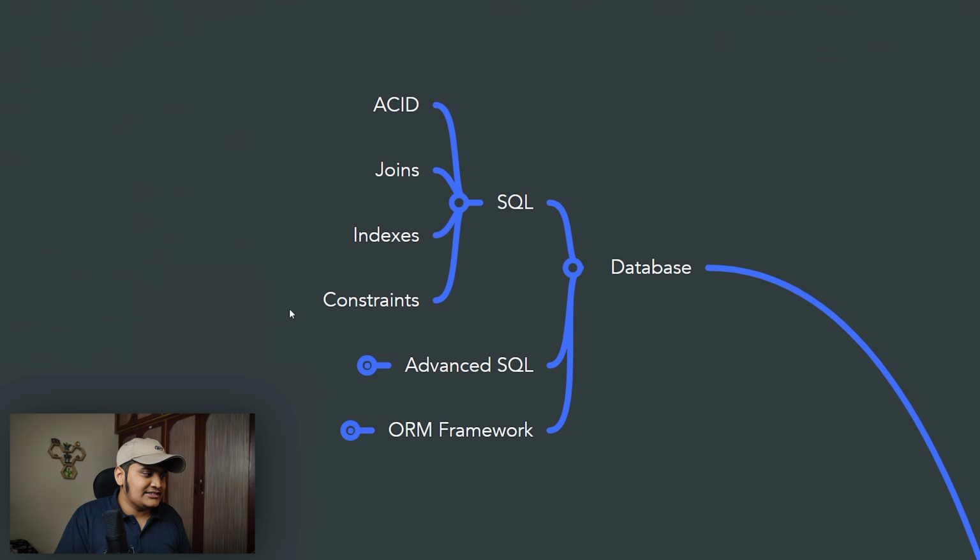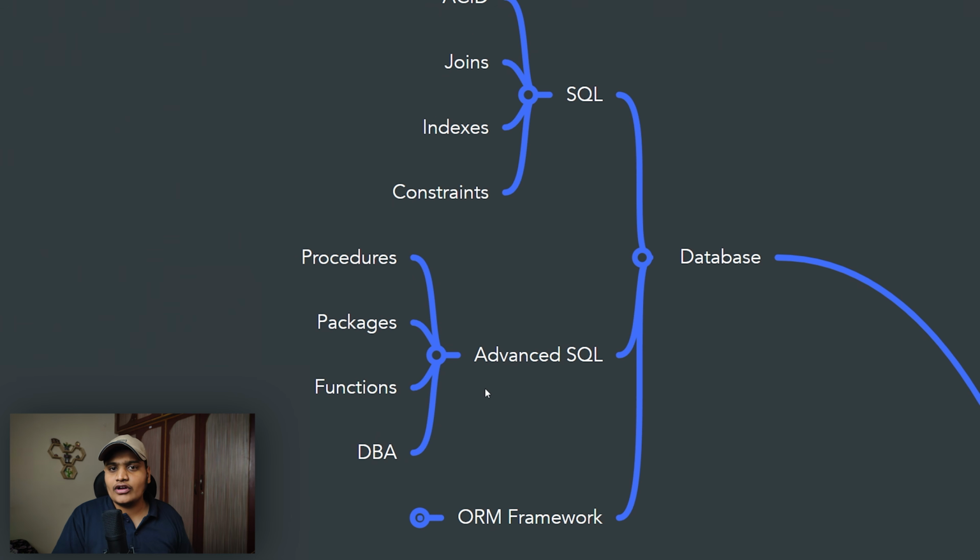There are more advanced concepts also available that most of the organizations are using, but once you start working on those particular things, you will get more understanding and you should be learning those as well. Like how to create procedures, how to create different packages, how to create user-defined functions in the database. All those are advanced functions, like how to create triggers and all those things. So whenever you're working with a database, learn the basics and then you can improve your knowledge while working with these advanced concepts as well.